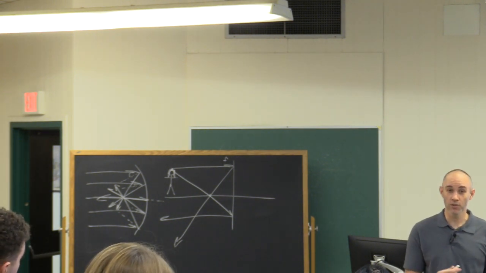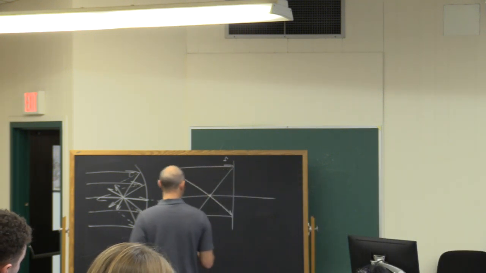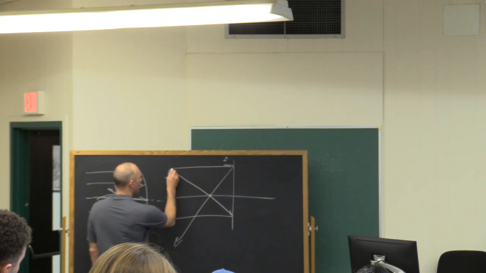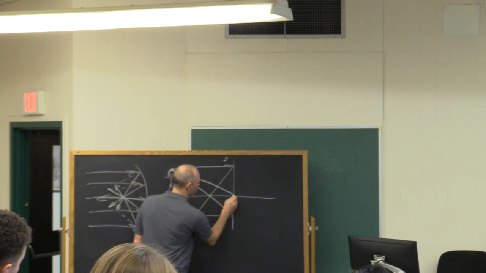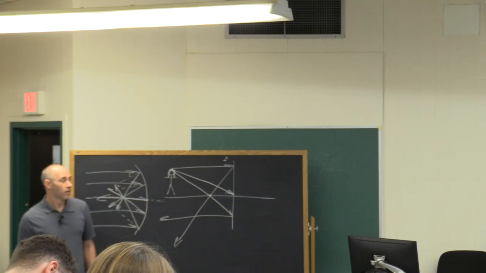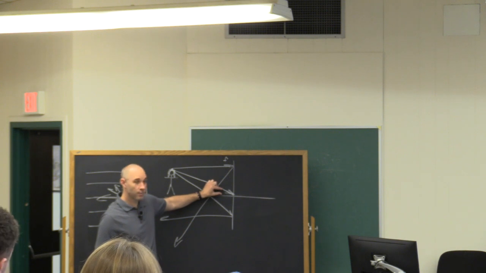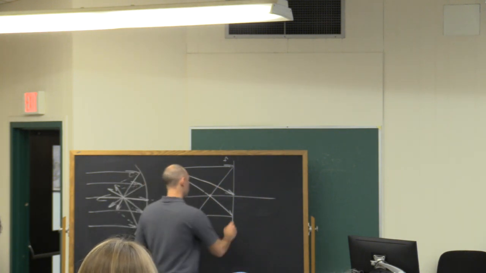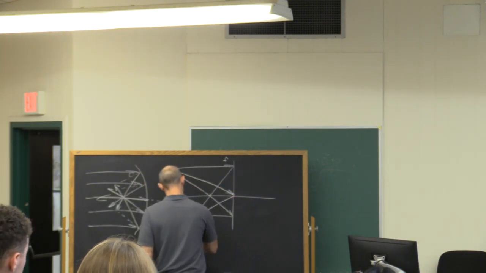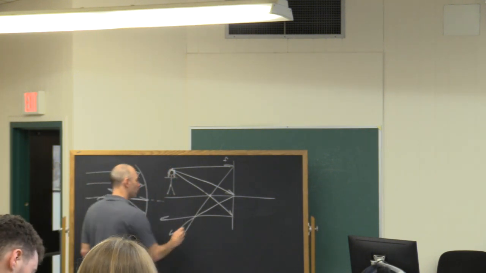So I always use a third ray just to check my answer. The third ray I draw is a ray that bounces from the top of her head and hits the mirror right at the axis. Right at the axis, the normal is along the axis, so the angle that it's coming in at will equal the angle it's going out at. Lo and behold, look at that, all three light rays cross at a single point.